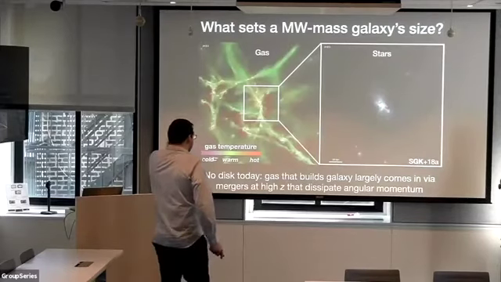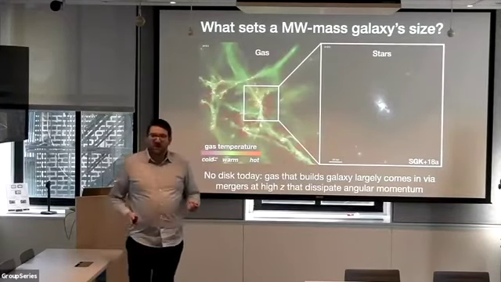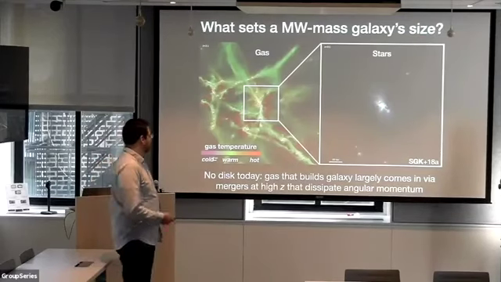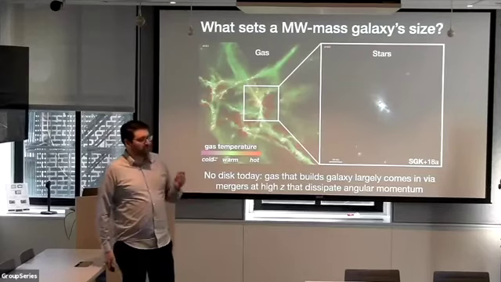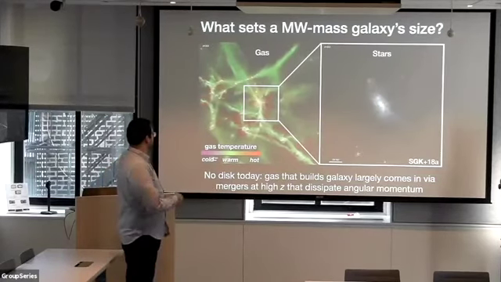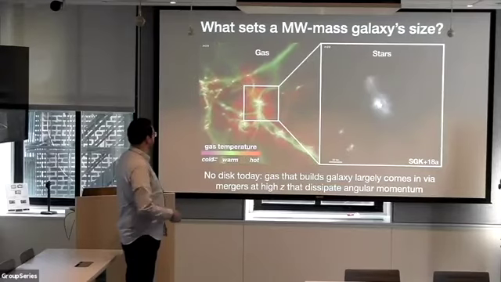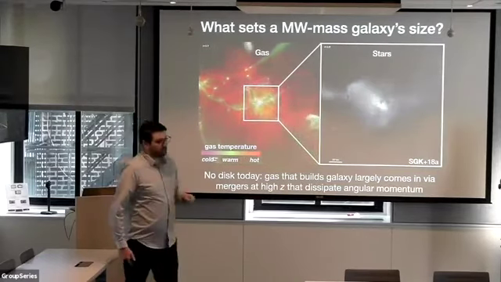So very quickly, sort of as an excuse to show you a couple cool movies, I want to talk about what we think some of those other physics are. This movie is going to show you a galaxy that ends up almost purely a bulge, effectively no disk today. It shows the gas on the left and the stars on the right, and you'll see right about now, there's going to be a merger, a double merger, where two galaxies